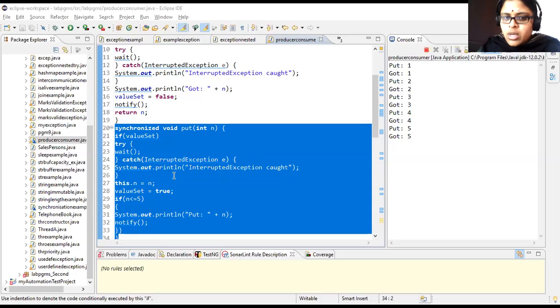Whichever thread is in blocked state because of your wait function requires a notify statement by the thread which is already running, so that this thread is completed and that thread can take over the turn.